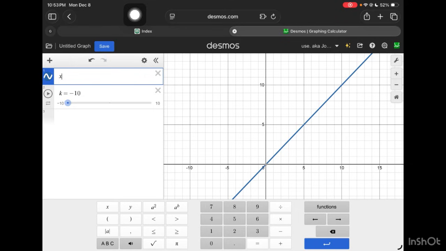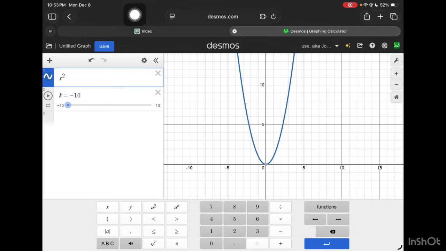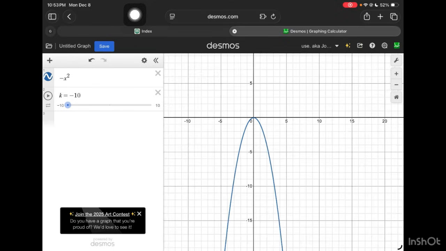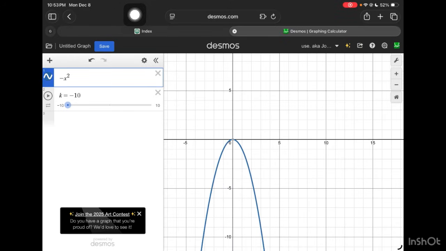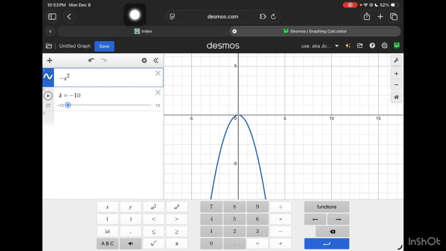Next, the negative reflect. This is basically just look for the negative sign. This is the reflection property. If there's a negative sign in front of everything, it will just reflect on the x-axis. As you can see over there, if I just remove it and play around with it, that's going to be it. Okay. And lastly is the widening and the